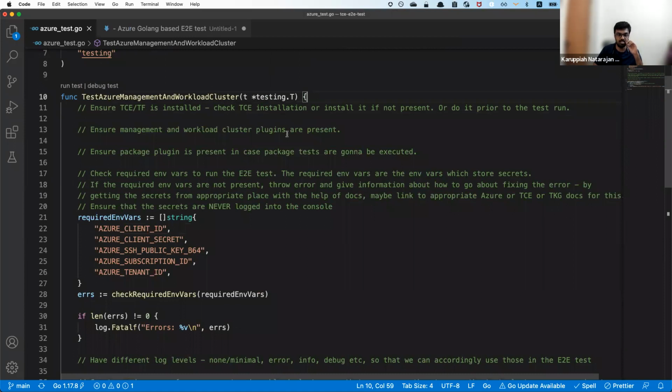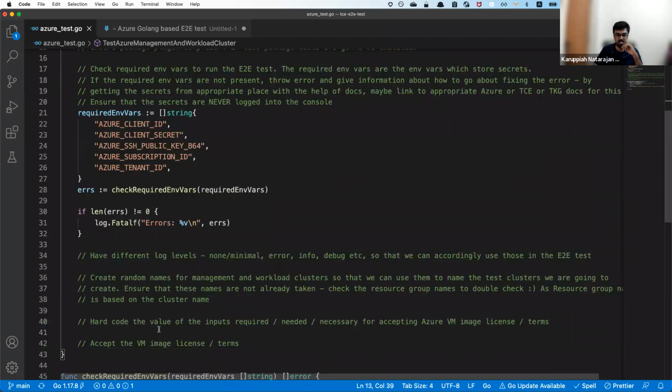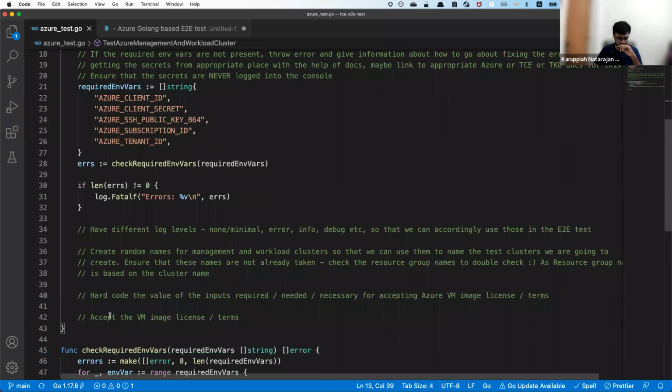I might do that, and then check out these, and then come here where I create random names, hard code stuff, and then probably start using the Azure Golang SDK, the Golang client library basically, and try out logging in and accepting the VM image license or terms, and see how that goes, and maybe even do a dry run instead of hard coding these values. But first start with hard coding.